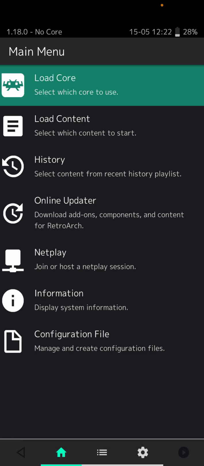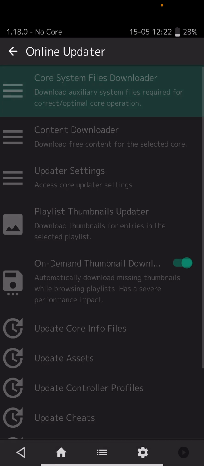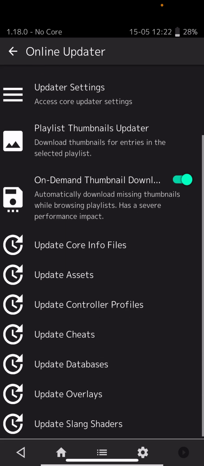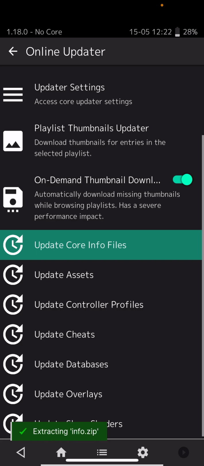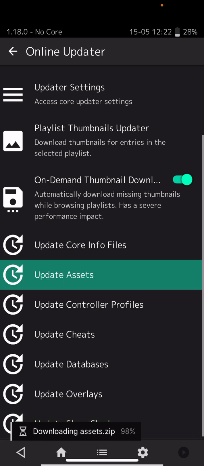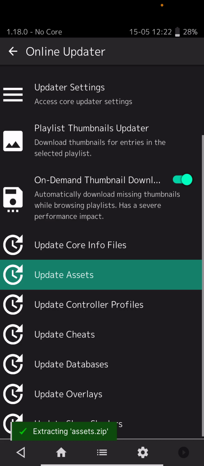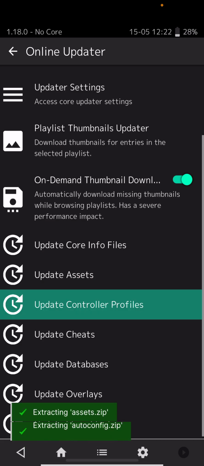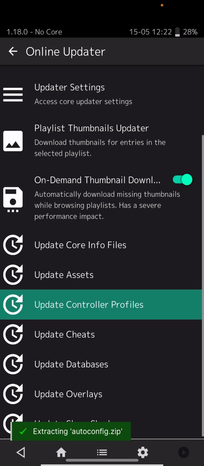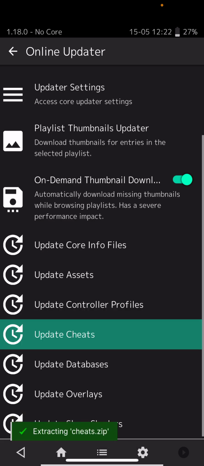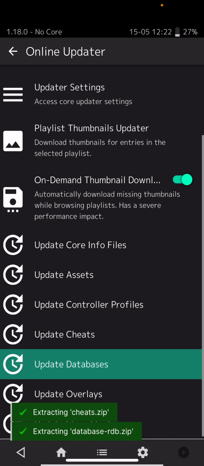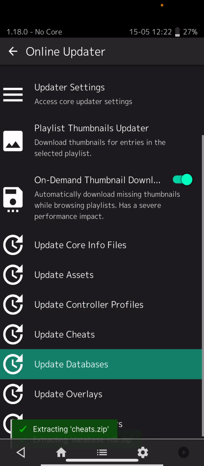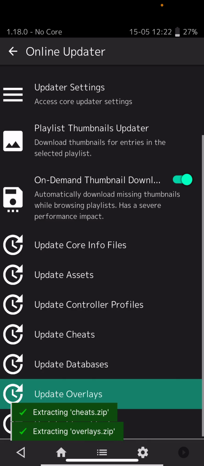The first thing we want to do is go to online updater, and we gotta update everything. Update core info files. Tap on that. Update assets. Tap on that. Tap on update controller profiles. Tap on that. Tap on update cheats. Tap on that. Update database. Tap on that. Update overlays. Tap on that. And last one is